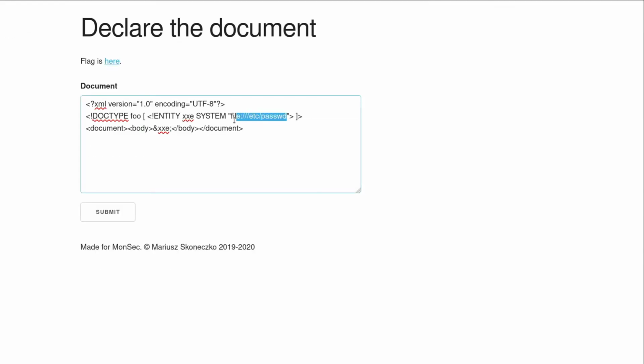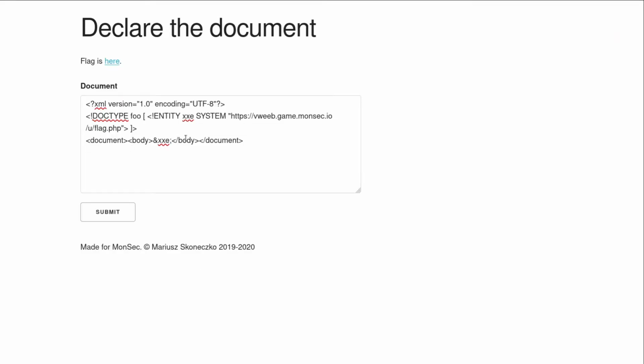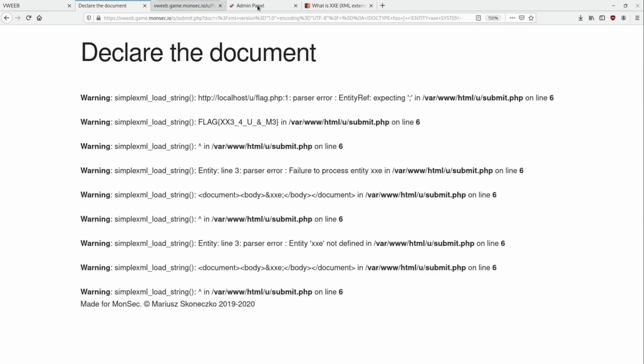So maybe we can try requesting this instead of the file. We request some remote document like the flag, right? And they're told, hey, not me. So the reason this happens, some networking stuff, but a way to solve it would be to instead say, hey, ask localhost. So in other words, I'm going to make a HTTP request to myself. Then we get a lot of errors, but those errors